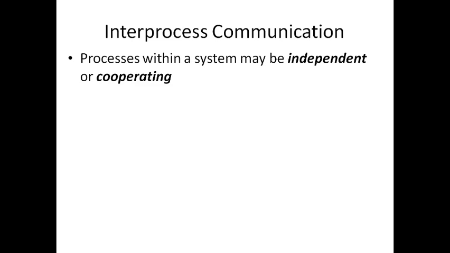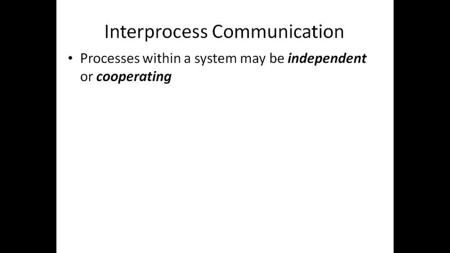The difference between the two is that independent processes are processes which are just coexisting at a given point of time. There is no connection or relationship between them. They just happen to be in the memory simultaneously. It's very similar to the example of passengers in a train or a flight. They just come together for the journey, and they may not have anything to talk to the next person or exchange with other people. They may just travel for that particular period of time, and they may disperse once they reach the destination.